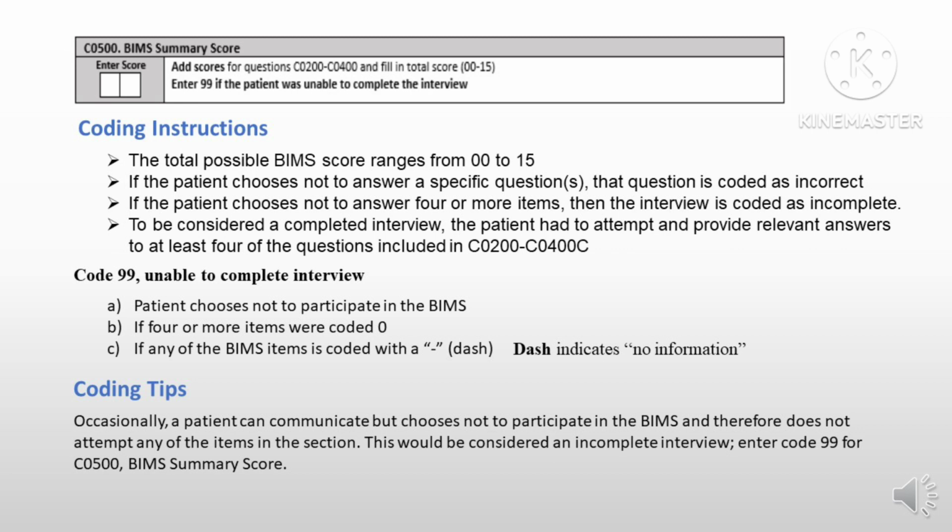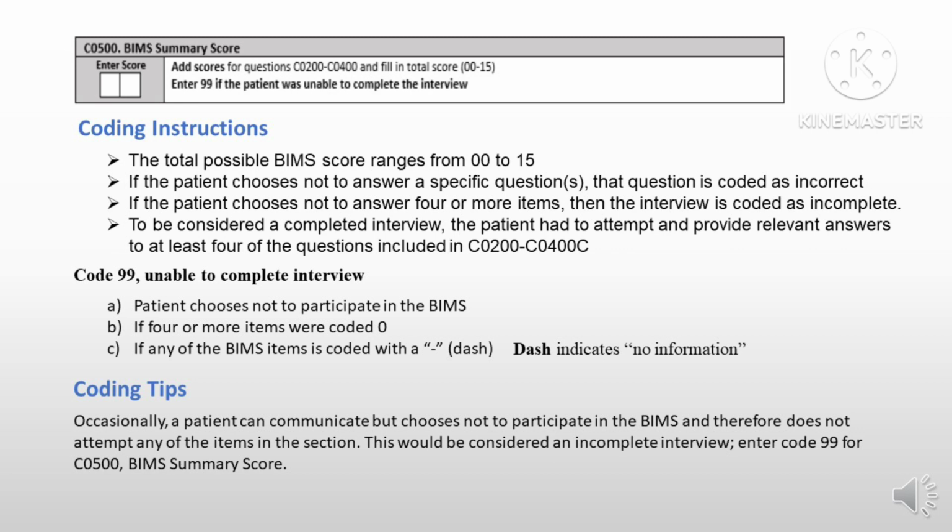C0500 BIMS summary score. Coding instructions. The total possible BIMS score ranges from 00 to 15. If the patient chooses not to answer a specific question, that question is coded as incorrect. If the patient chooses not to answer 4 or more items, then the interview is coded as incomplete. To be considered a completed interview, the patient had to attempt and provide relevant answers to at least 4 of the questions included in